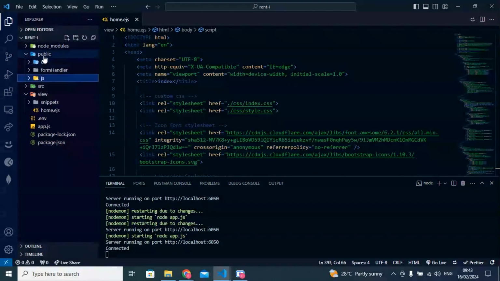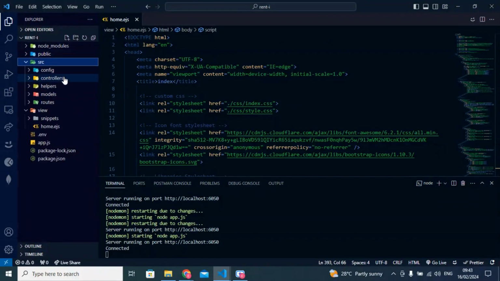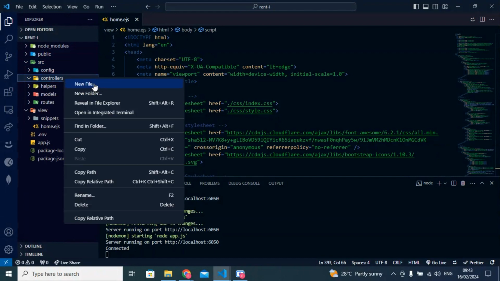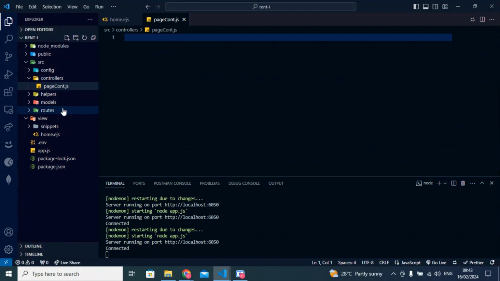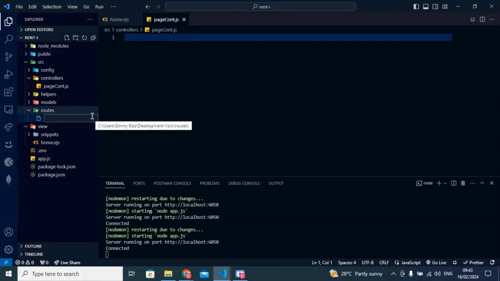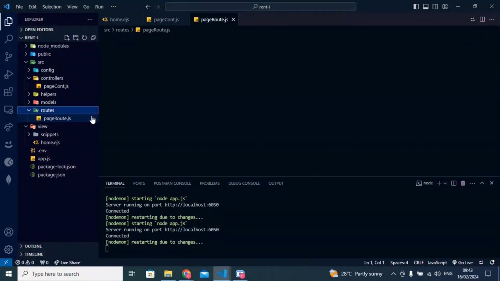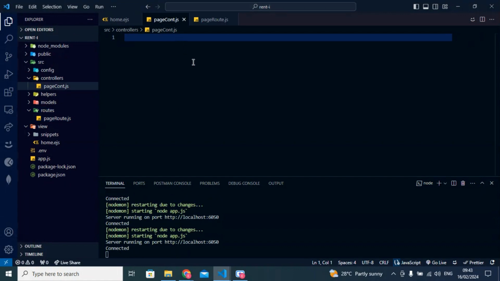So I will come to our source folder, go to controller, and create a file. I will name it pageController.js. Then I will come to route and create a route so that I will route all the pages. I will create a page route, like this, pageRoute.js. So now I'll come here, I'll do our normal stuff,